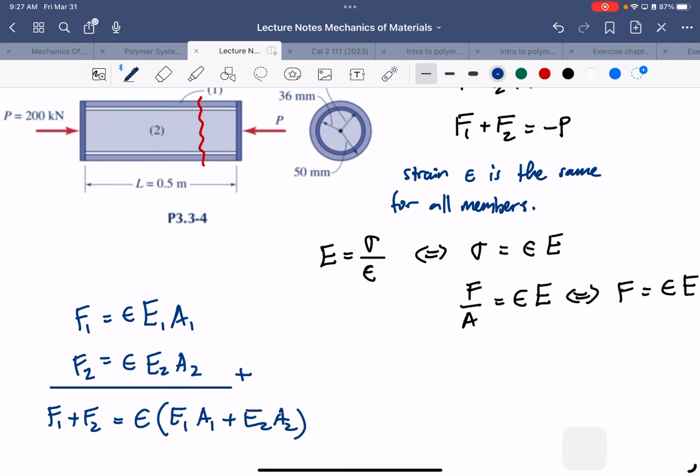And then we can find the strain, because the strain for both 1 and 2 is the same, which means the same displacement will happen. And then this will be negative P over